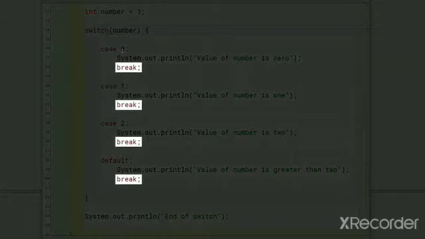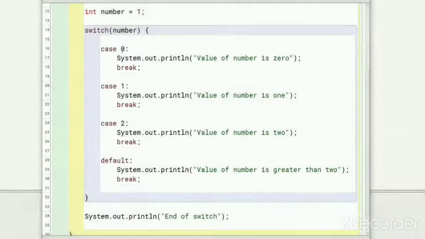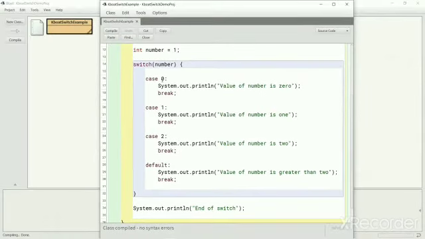These break statements in each of the cases will transfer the program control outside the closing curly braces of the switch statement code block over here. Break statements belong to the jump category of Java's control statements. They play a very important role in switch statements and loops. We will look at their usage in switch statements in depth just after executing this program. Their usage in loops will be examined in the iteration statements section. Let me run the program.